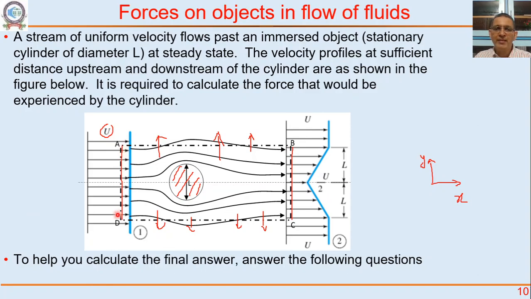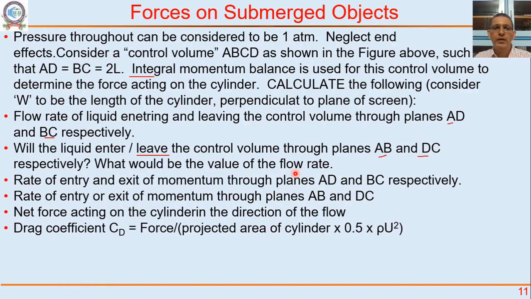Momentum will enter this control volume through the face AD. That would be volumetric flow rate multiplied by rho multiplied by velocity here. Momentum will leave through the face BC. That would be the volumetric flow rate multiplied by the velocity. Now the velocity is changing, so we'll have to integrate like we did for the laminar velocity profile. Okay, so I would like you to calculate the rate of entry and exit of momentum through planes AD